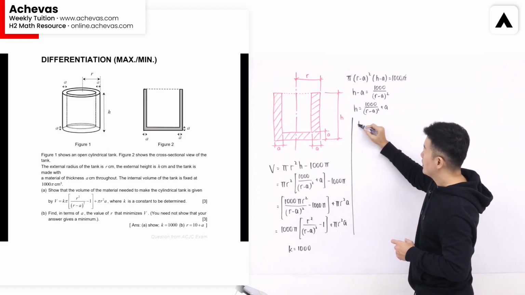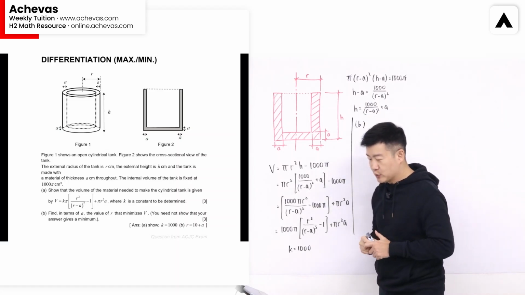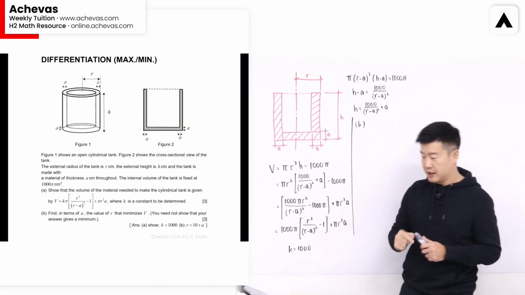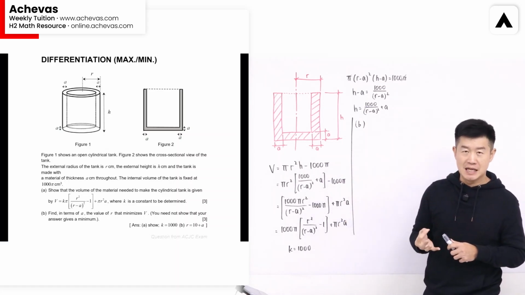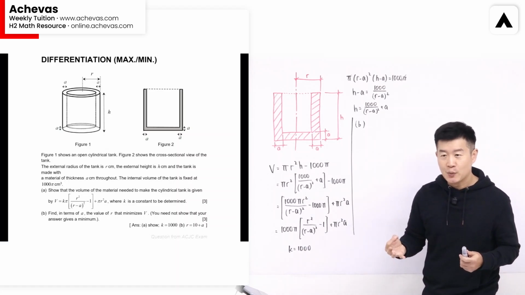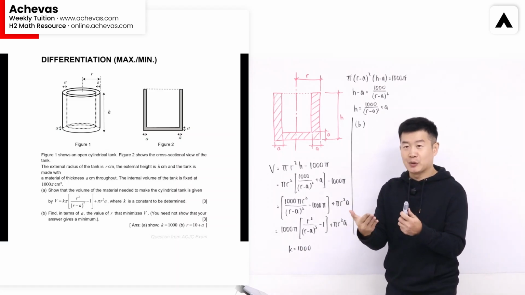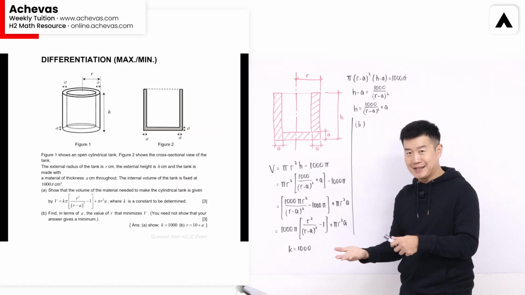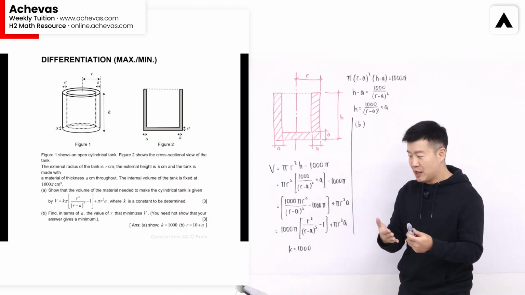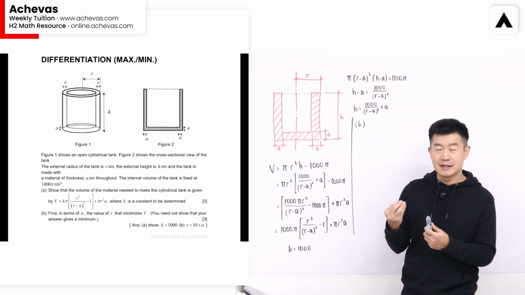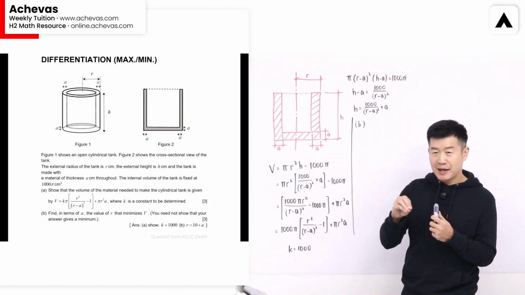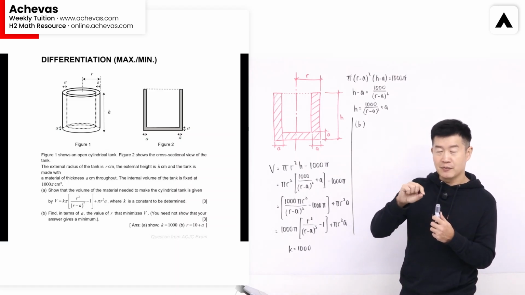For part B of this question, we are supposed to determine the value of r in terms of a. We are supposed to determine the value of r that minimizes v. And the good news is, we know what we are going to be doing. We're going to find dv/dr and let dv/dr be equal to 0. But we do not need to show that this value of r gives us the minimum. So I guess we can stop at letting dv/dr be equal to 0 and find the value of r